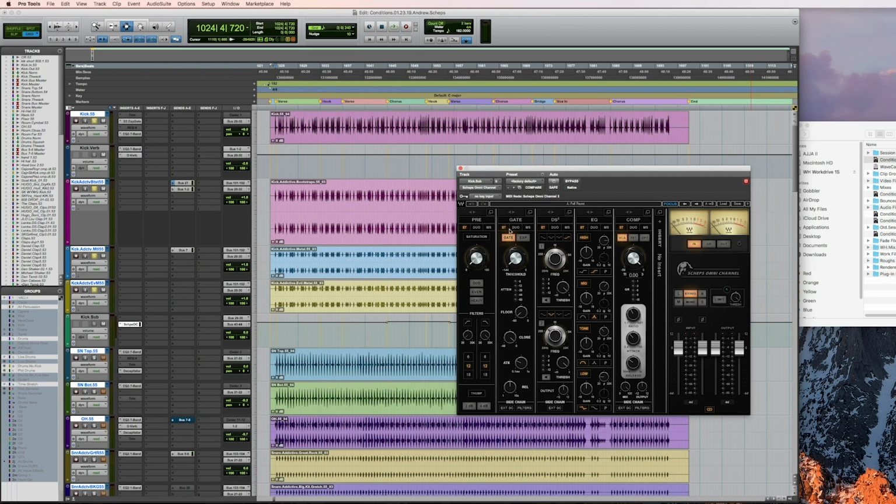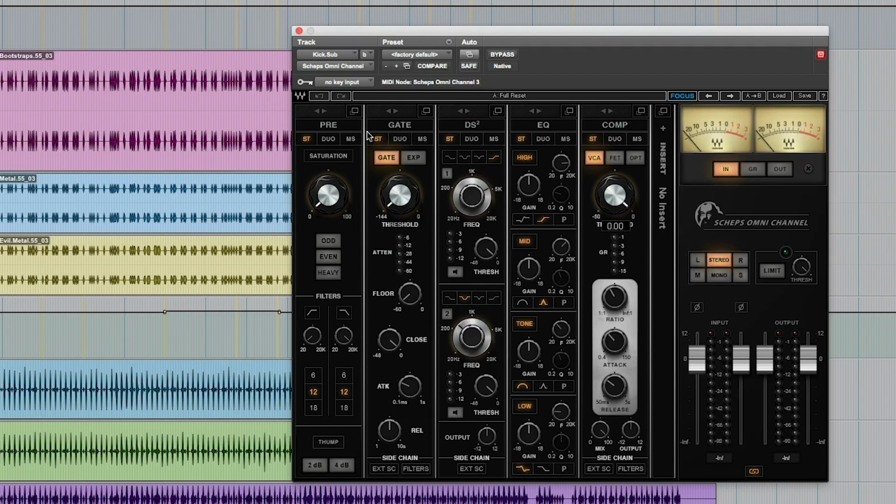but basically it's 5 modules. Preamp, which is a little bit of saturation. There's odd and even harmonics, which is basically just that, and then heavy, which is a clipper. You get high pass and low pass filters. They had to go somewhere, and it made sense to have them where it would normally be in the beginning of the chain. And then thump, which is sort of like